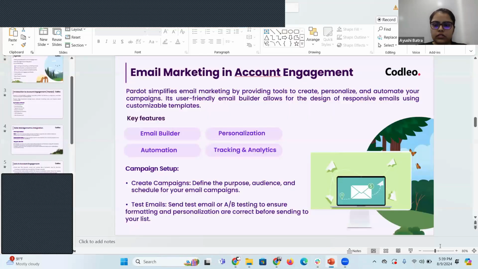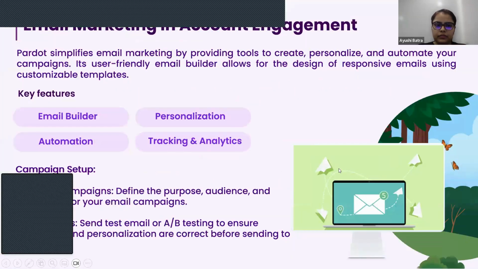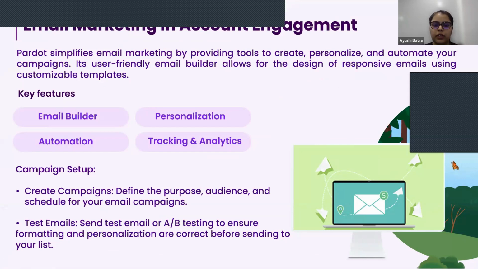Let's just go to the tab. So we have email marketing in Account Engagement, which we have seen, like how we create emails and how we make them live to a particular list. We can also add these emails in the Engagement Studio. This was a single send, but if you want to make a journey and send those email campaigns from it, you can certainly do that. We'll see how we do that in the Engagement Studio.